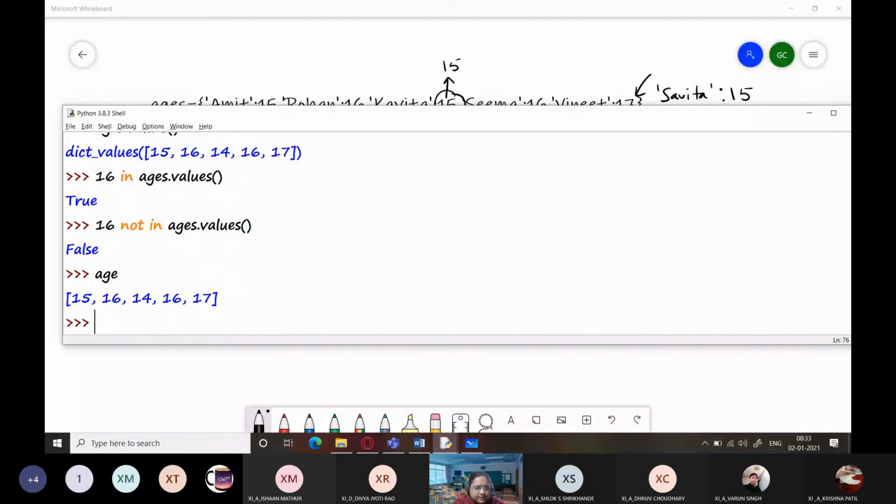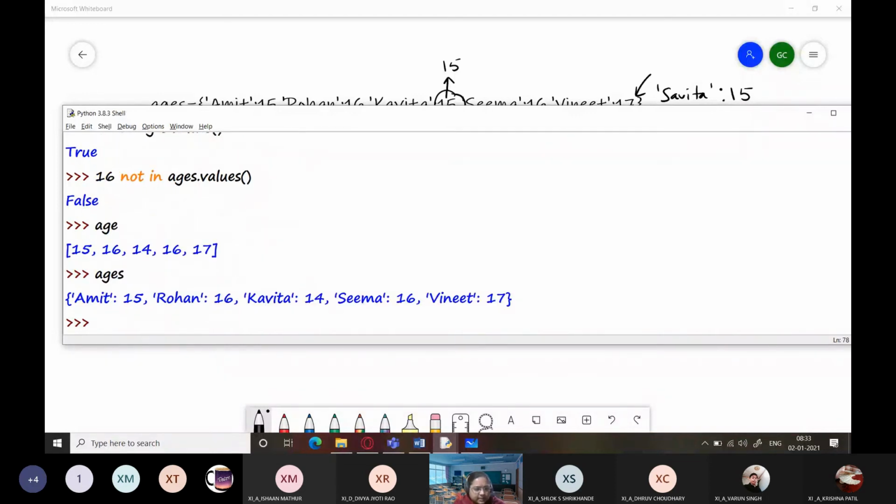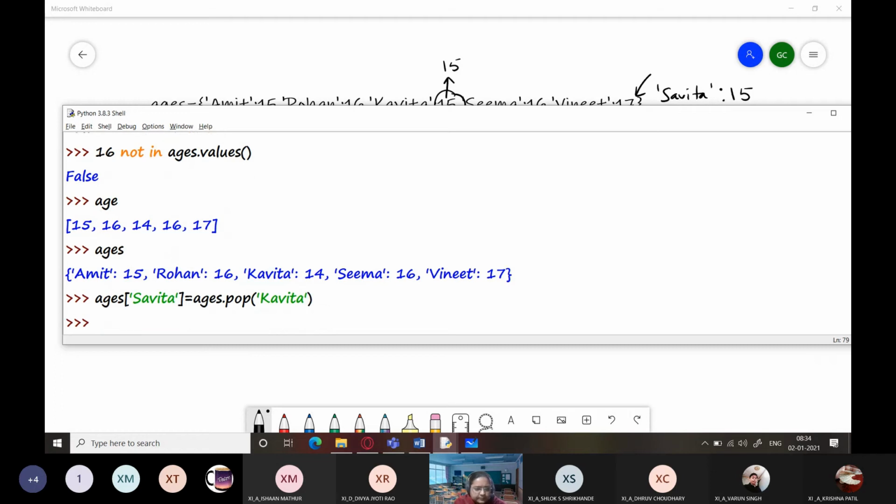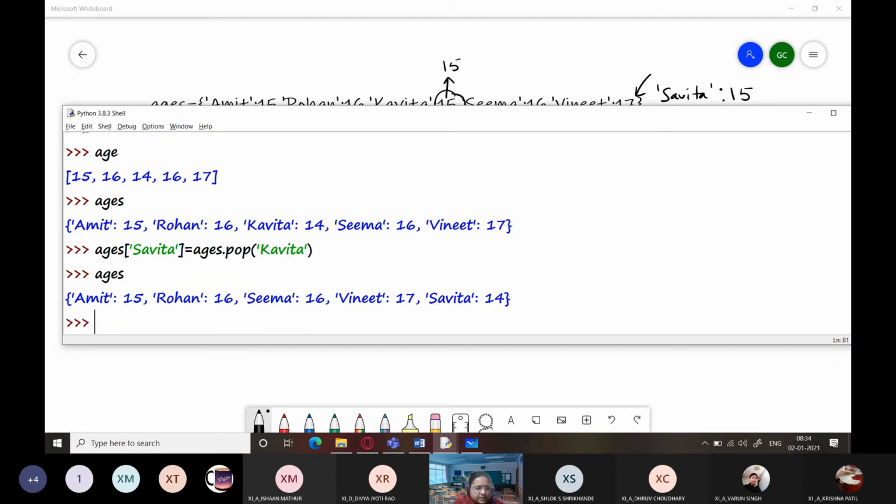So first let me print ages. Now I write here ages Savita equals ages dot pop. Now what I am going to pop from here, I am going to pop Kavita. And now if you check ages, you will see that Kavita has been removed and a new element has been created, Savita.